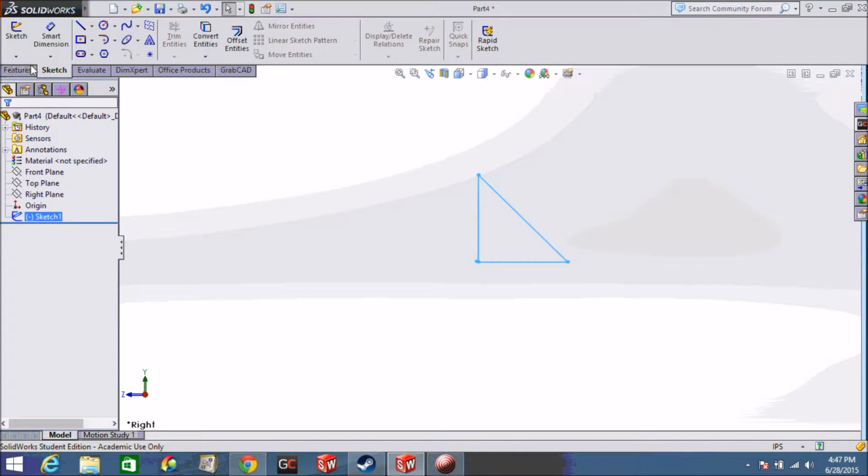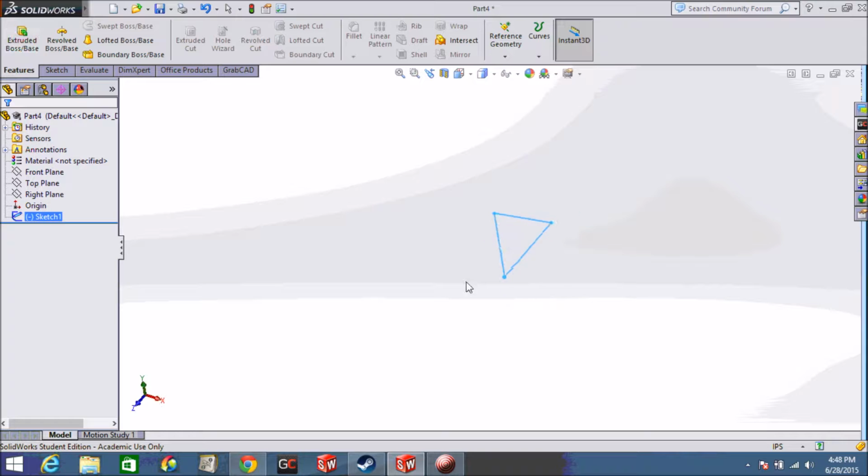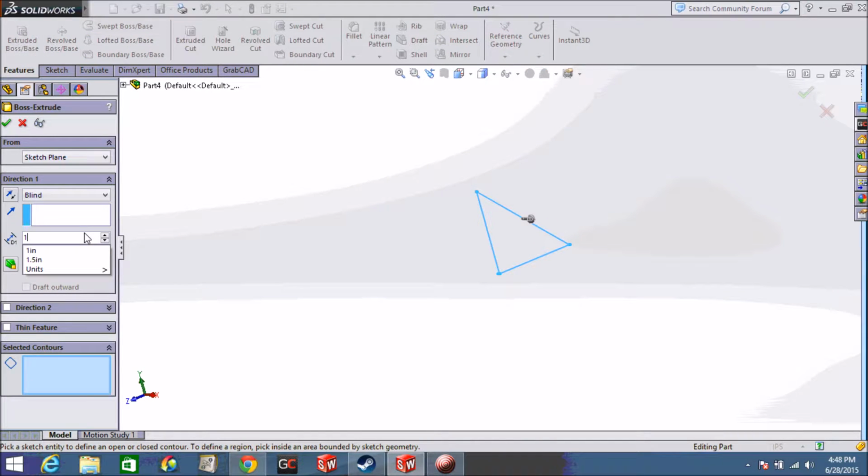And then we're going to go over to the Features menu. The Features menu has the Extruded Boss/Base feature, which we are going to be using to turn this into a three-dimensional thing. So for those of you who don't know, an 80-20 triangle is basically a triangular prism. I happen to know that they're 1 inch wide, so I choose Extrude, I choose the length of the extrusion, which is going to be the width of the triangle in this case,